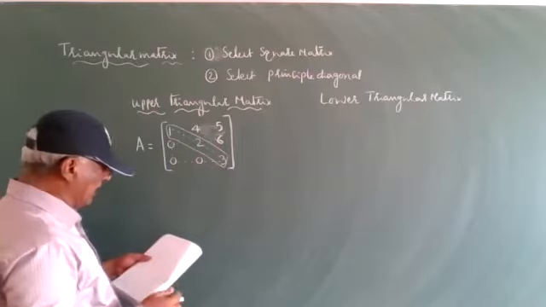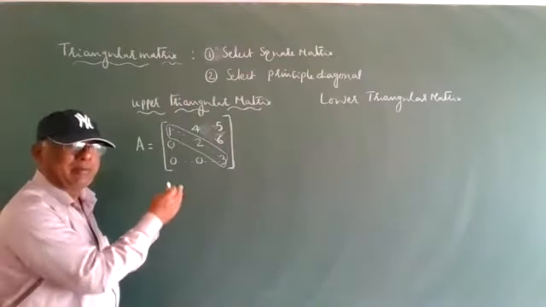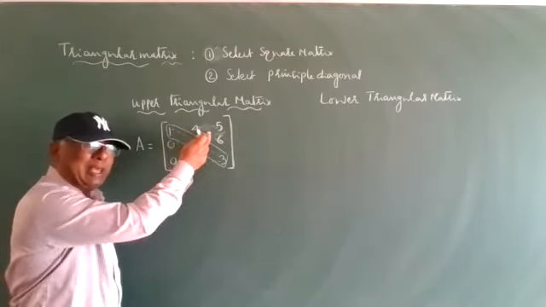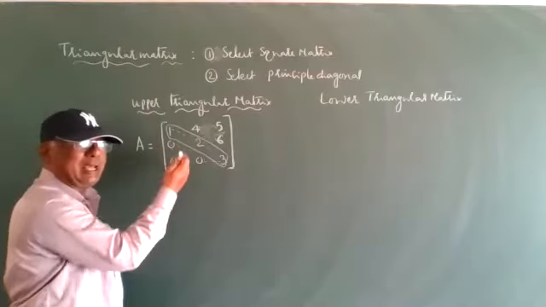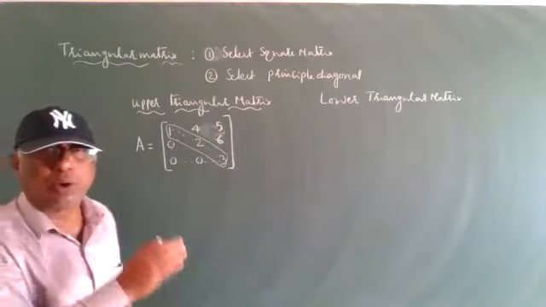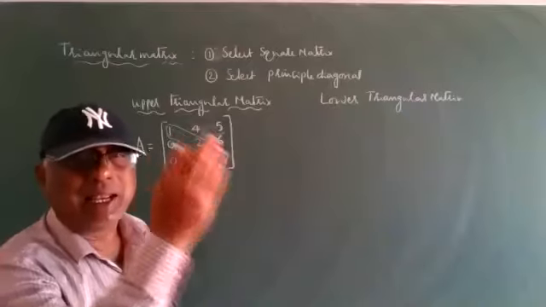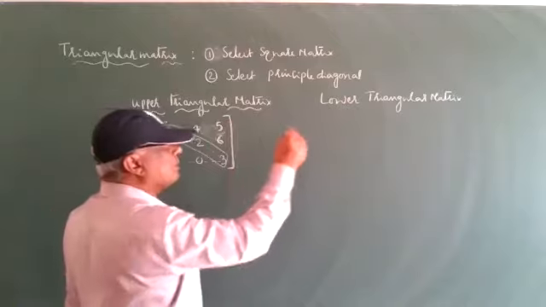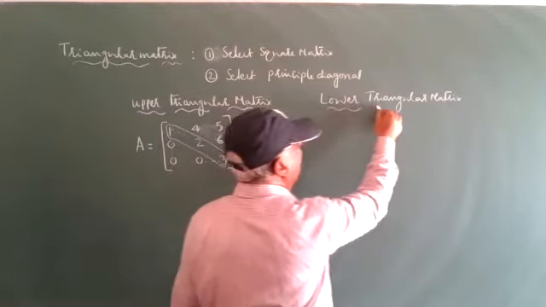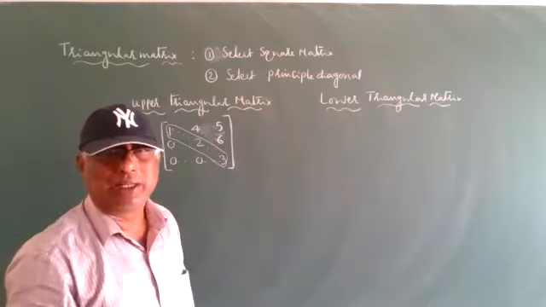Everyone should remember what the upper triangular matrix means: only upper elements are there, and the downside elements are zero. Below the principal diagonal is zero, and above the principal diagonal the numbers form a triangle. This is called upper. So the lower triangular matrix we can automatically understand: the upper elements are zero, and the lower elements are numbers.